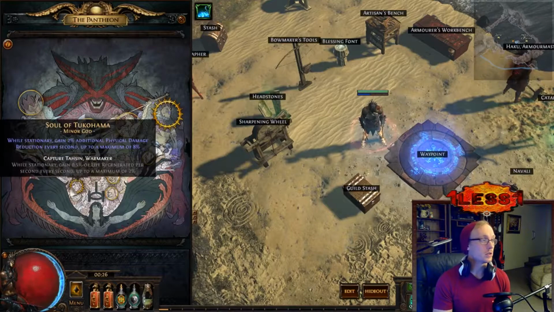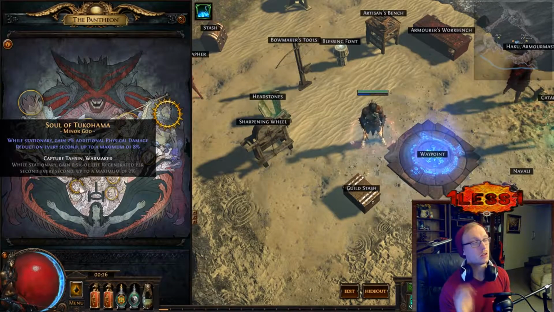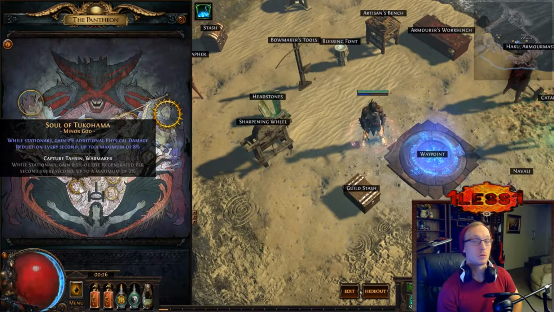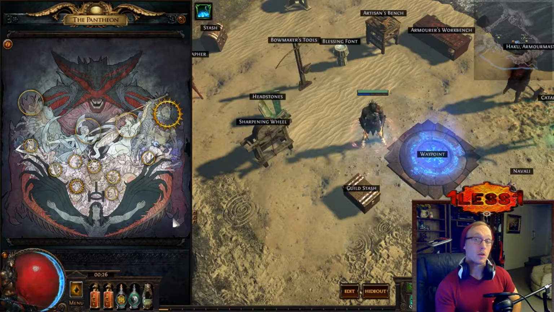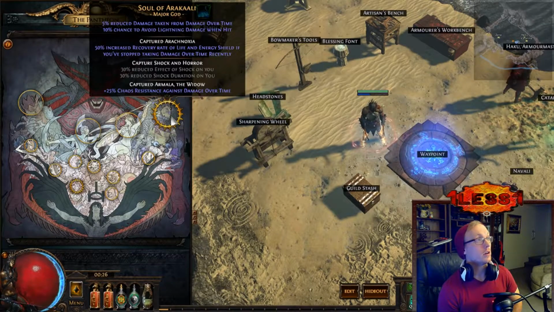As far as the gods, we're using Tukohama. I haven't been able to find the Warmaker. I'm looking to get that soon. But you're stationary quite a bit in this, so the 8% physical damage mitigation on top of everything else is incredibly effective. I'm using the soul here of Arakaali,